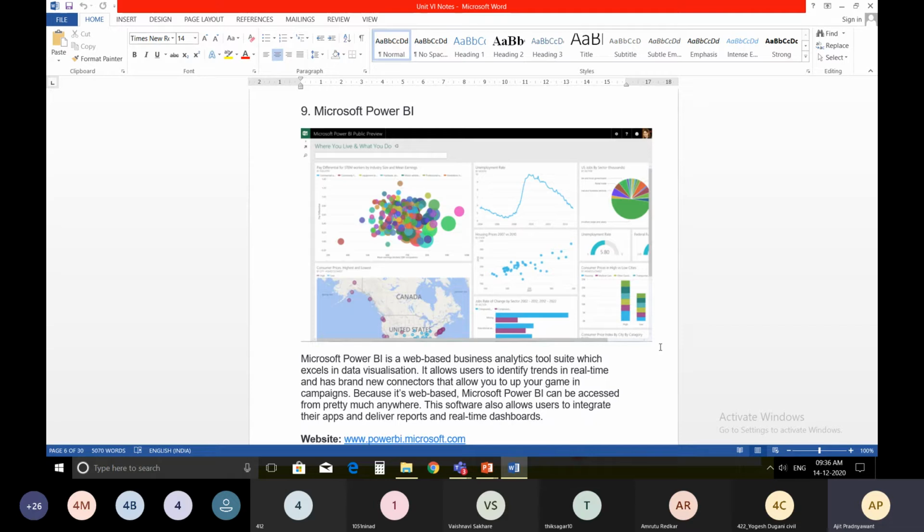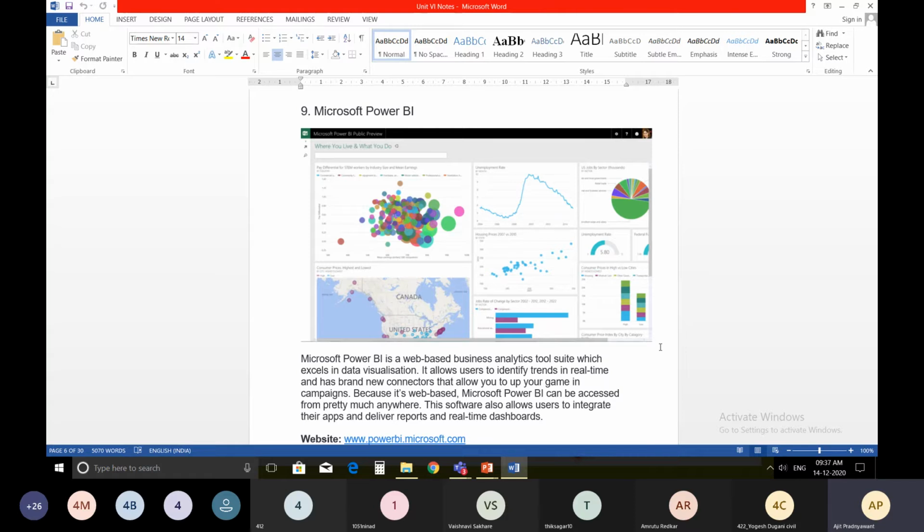It allows users to identify trends in real time and has brand new connectors that allow you to keep your game in campaign. Because it's web based, Microsoft Power BI can be accessed from pretty much anywhere. The software also allows users to integrate their apps and deliver reports and real-time dashboards.